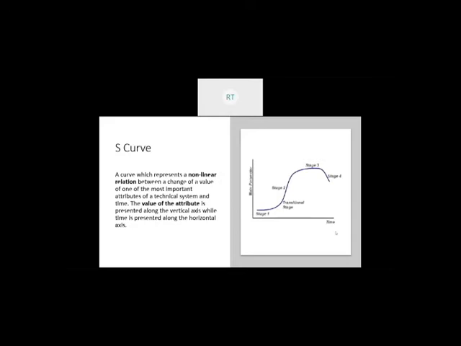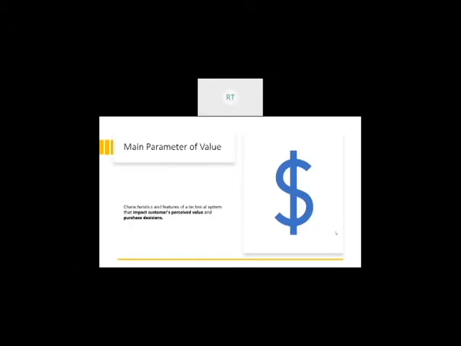Okay. Now what would a main parameter of value be? The definition in TRIZ says the main parameter of value for a product is that feature of the system that impacts the customer's perceived value and purchase decision. So what is of extreme importance here is perceived value and purchase decision. And as we move further, I'll explain to you